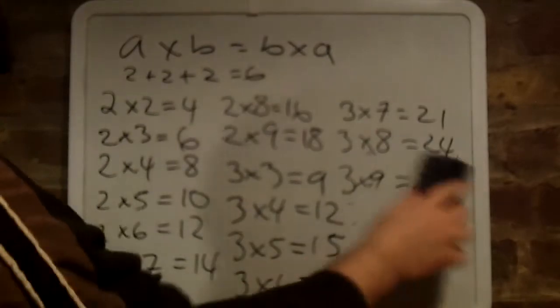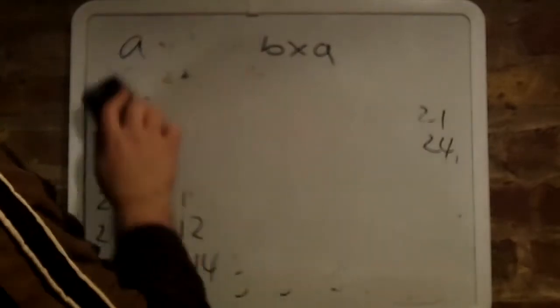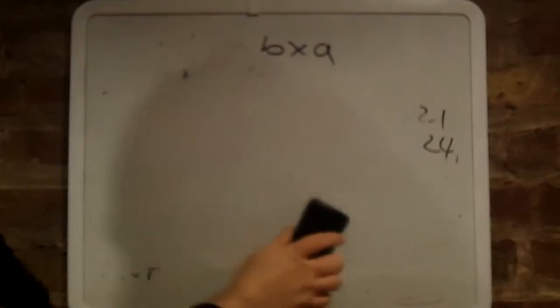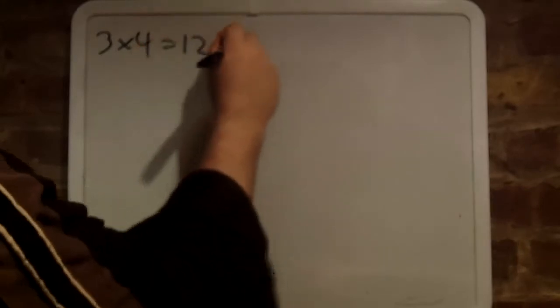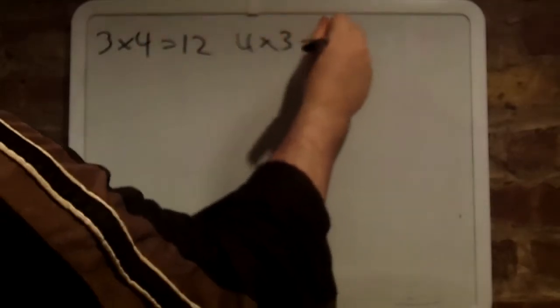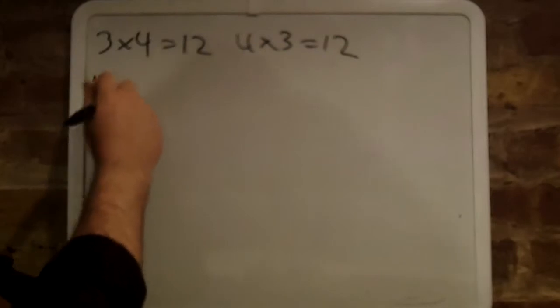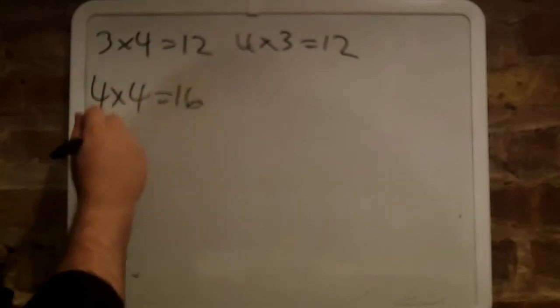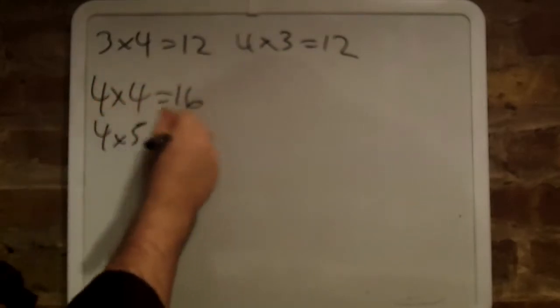I'll go ahead and, when we finish up here, we should have about 36 products to memorize. Since we already know what 3 times 4 is, we can skip that. 3 times 4 we said was 12, and that's the same thing as 4 times 3, which is also 12. So for the 4s, you can go straight to 4 times 4 is 16, times 5 is 20,